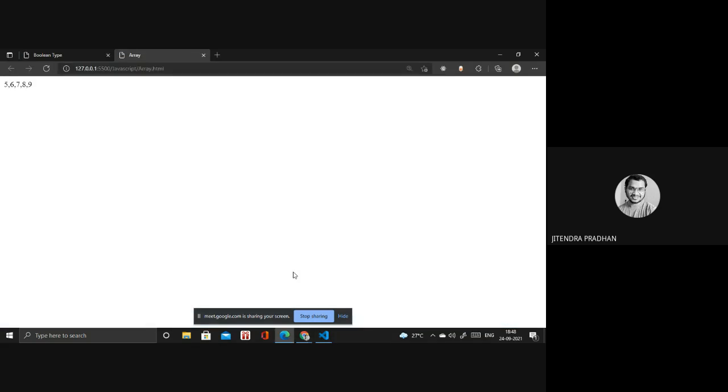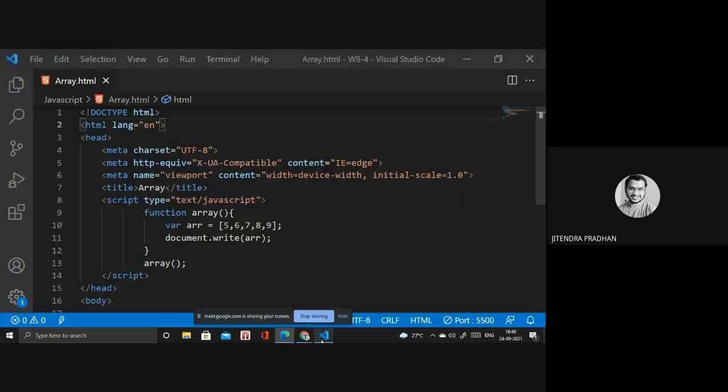Okay, it printed 5678. If you want to write a string value as well, you can. I need to write it inside double quotation marks, because a string is always written in double quotes. You know all these things. Coupon, welcome,